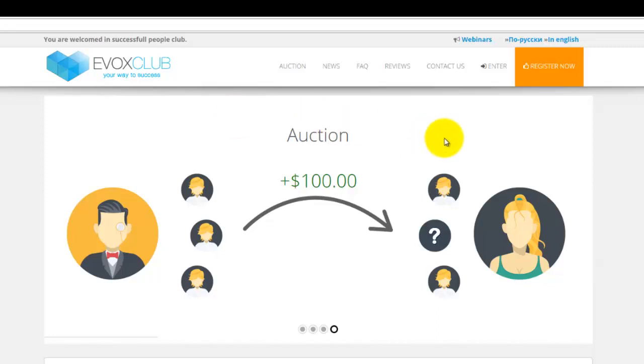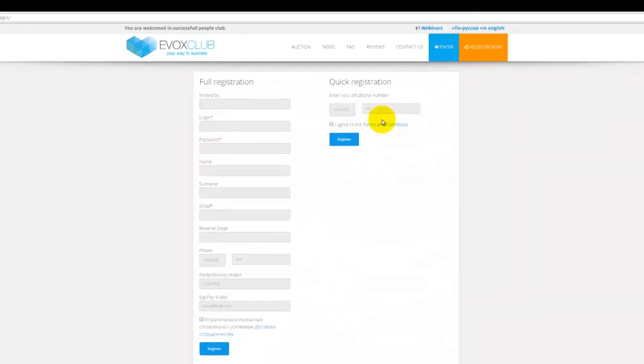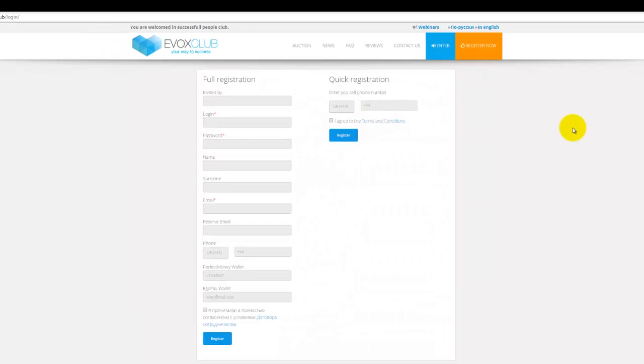So now we will go to the registration page. So we will go to quick registration. There are two types of registrations, full and quick registration. As you can see, the full registration requires you to provide the login, the name, the password, and all of such information in full. So if you have time and if you have a wish, you can always use the full registration tab,